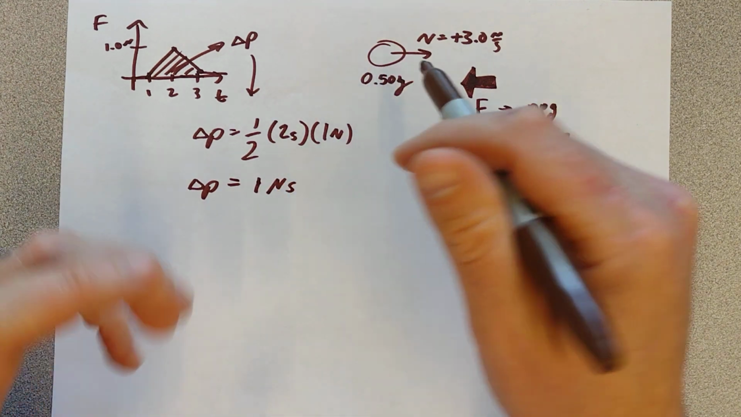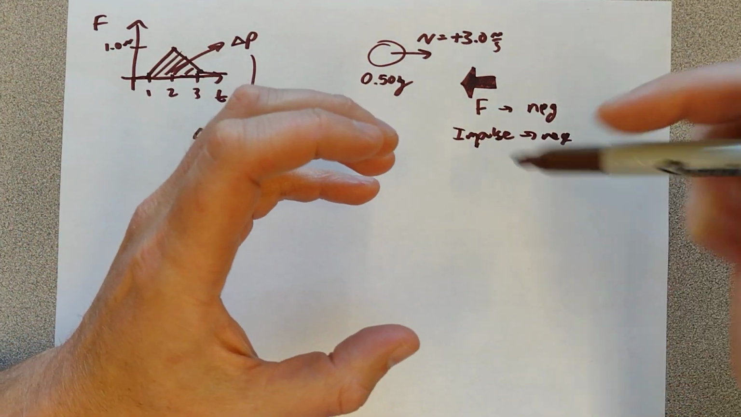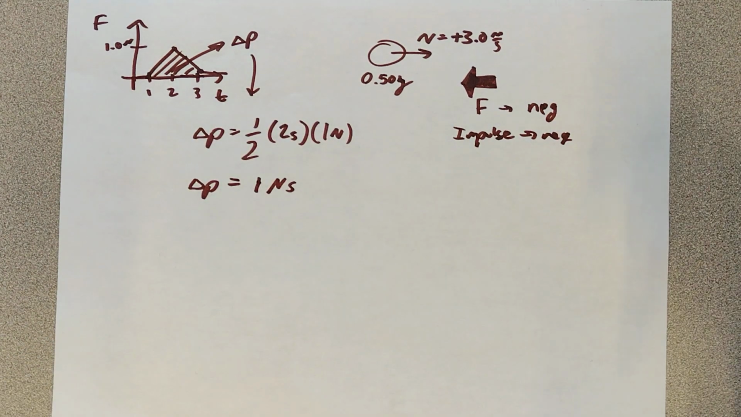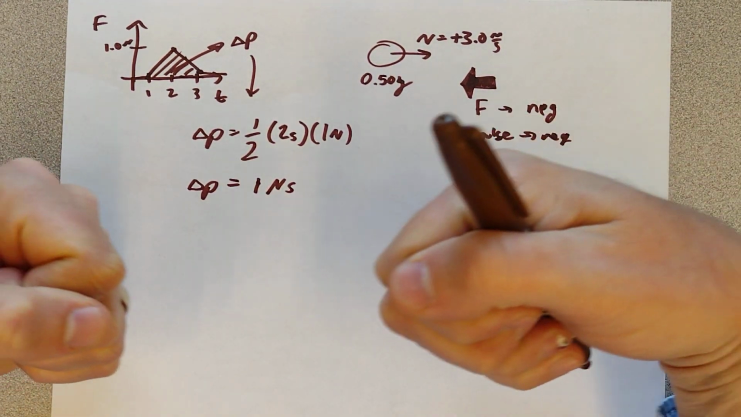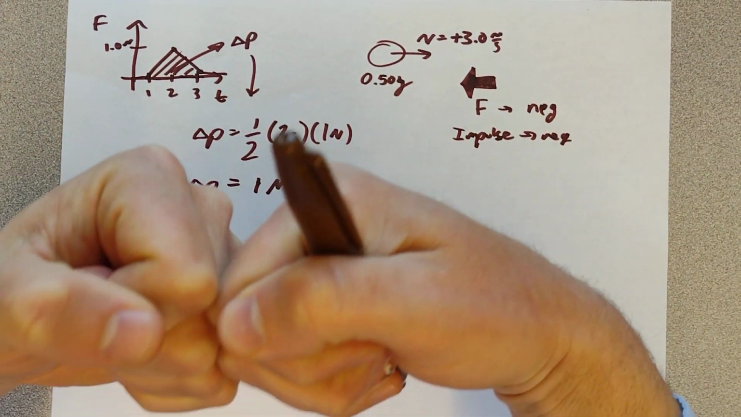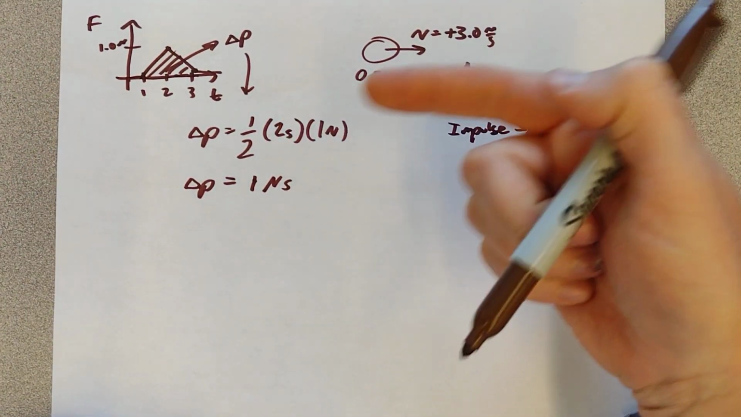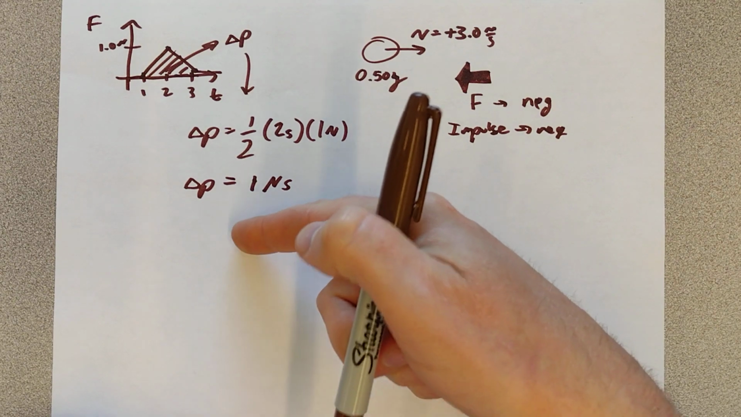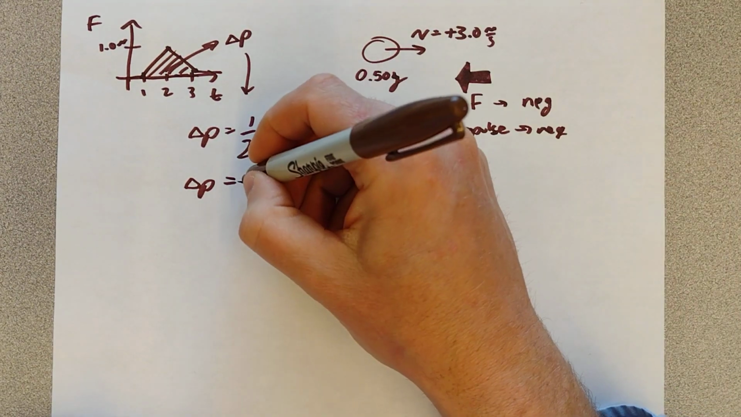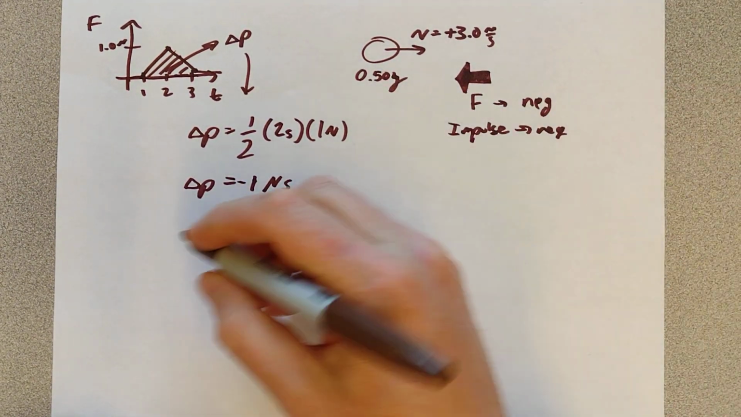So, to the object initially traveling to the right, the force would be to the left. To the object initially traveling to the left, when they hit, the force would be to the right. So, the way I drew this for this object, the force has to be to the left, so the impulse has actually got to be negative for this one. All right? So now we say, okay,